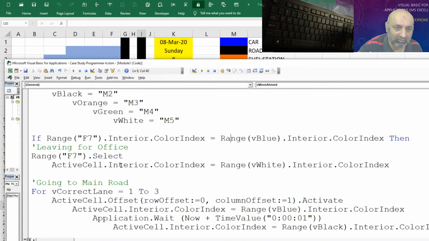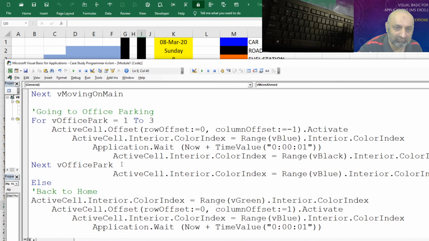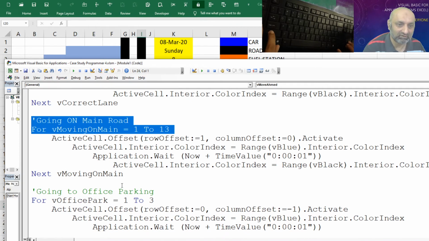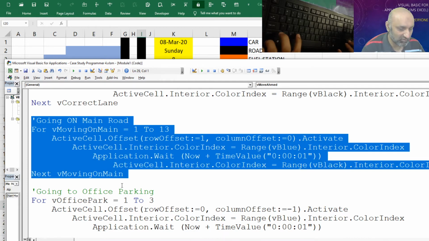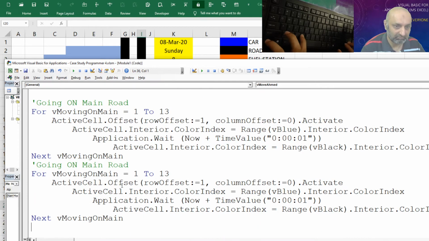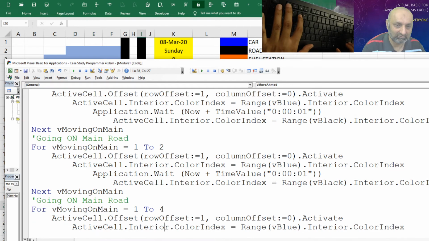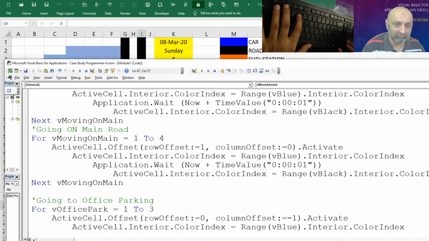Where is our 13-step loop? This is going on the main road. This needs to be broken down into 3 steps. So copying it, pasting and pasting. First we need to do it 2 times, going on main road. Then we need to do it 4 times, and then, oh, there is some mistake.